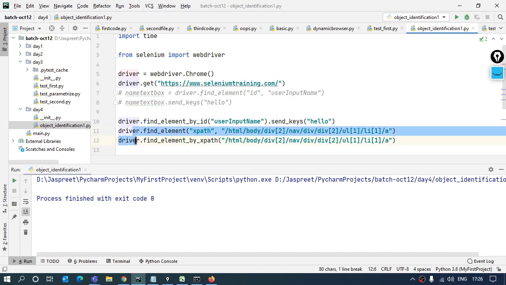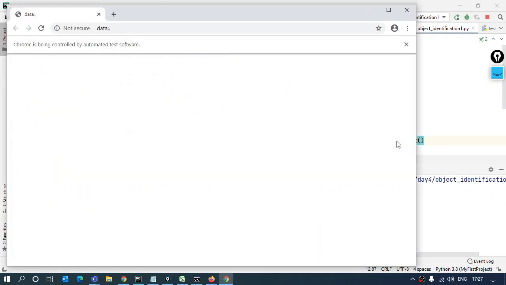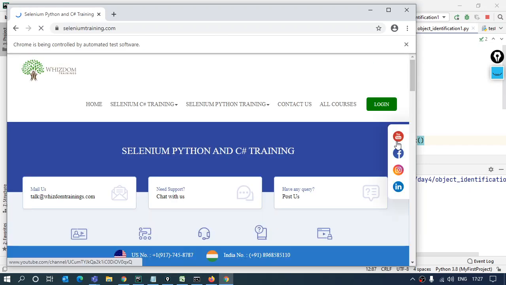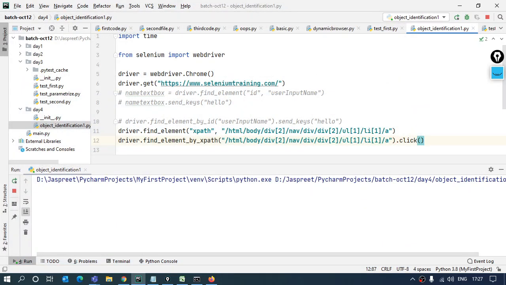Fine. So whichever option or function you want to use, you can. I'll uncomment the above one which was entering the text, and I'll use the specific one, and I'll say on this link click. So I'll save this and I'll run this. It clicked on my home page. You saw over here that there was the green highlighted part. I told you that this home is not going to take me anywhere, but it clicked on that element and my code successfully went on, right?